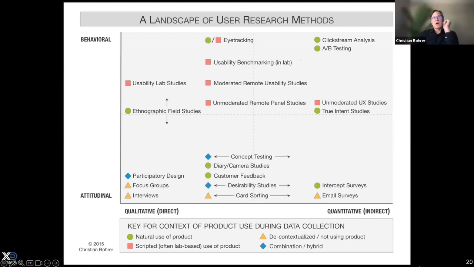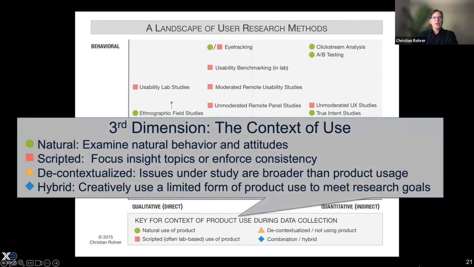But this is a fairly recent one that shows a lot of familiar methods that we all are probably knowledgeable about. And I teach a class for Nielsen Norman that explains every one of these. But for the purposes of today, I'll just dip into a few, which you probably all are aware of. Oh, but before I do that, I do want to explain the third dimension, which I call the context of use. And why do I call it that?